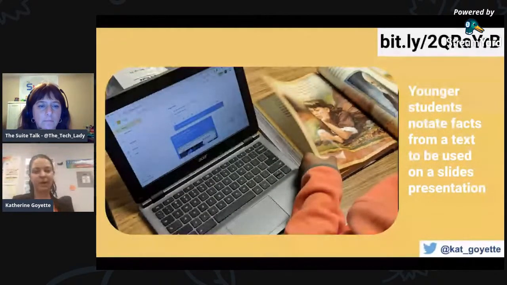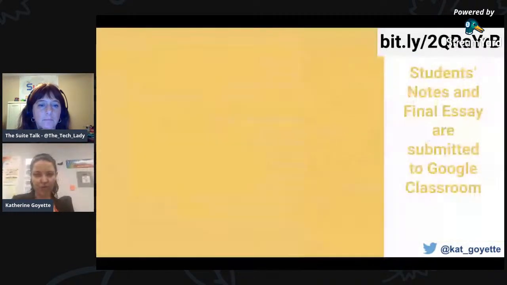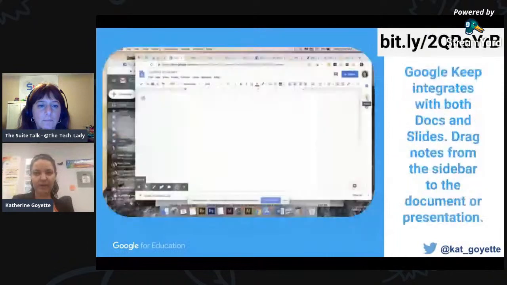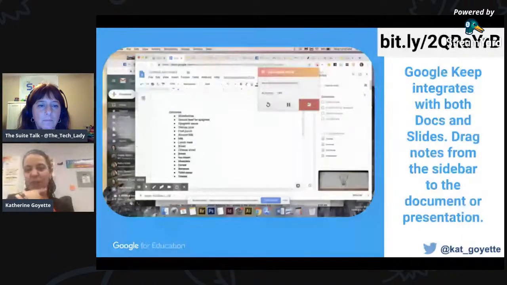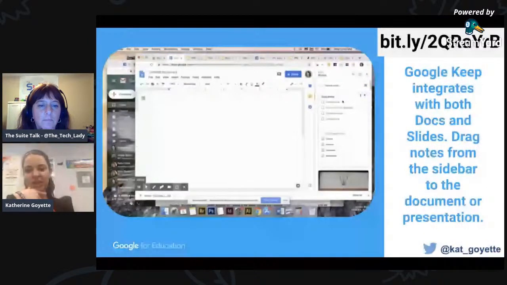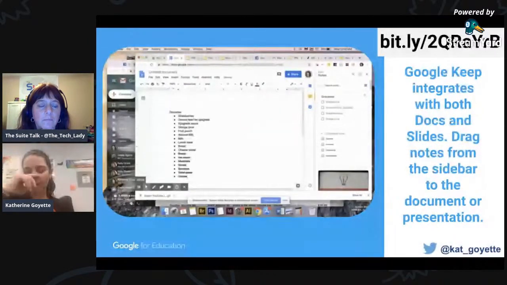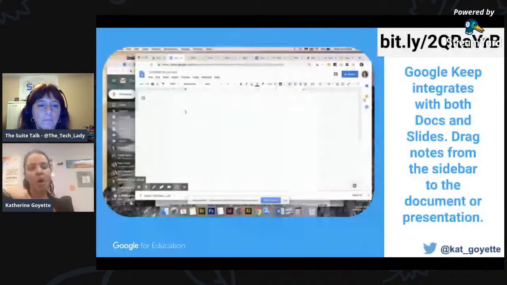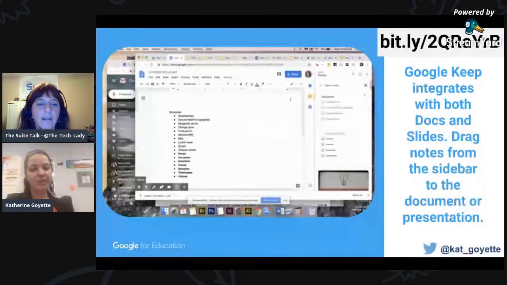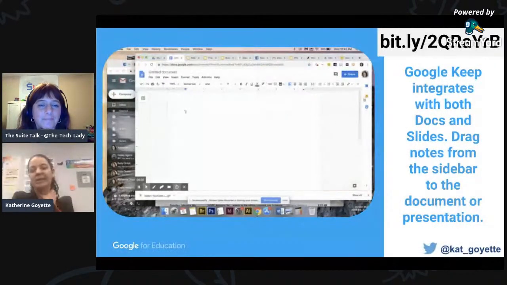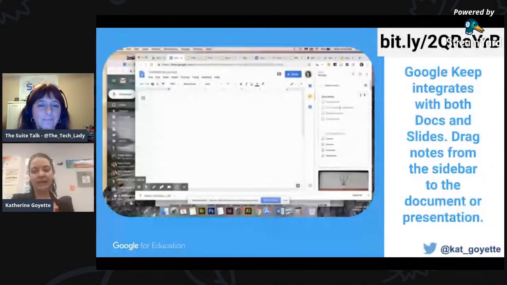They were just pulling information from a physical text that they were reading, and then they were going to use that for slides. But I think it's the next one that shows the color coding. Let me find it real quick. Here, this actually shows this GIF, how on the right of Google Docs, you can click the Google Keep logo. It's a looped GIF, and drag. You can either just reference all of your notes so that you can write based on that, or you can actually drag it over and all your notes are there. It's a pretty cool tool, and it's the exact same format on Google Slides as well.